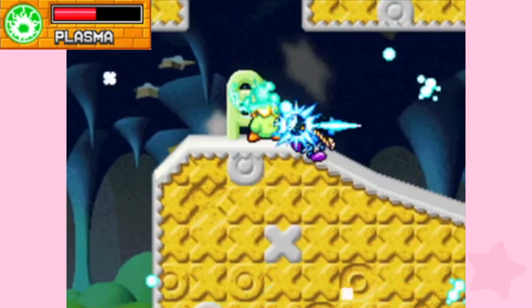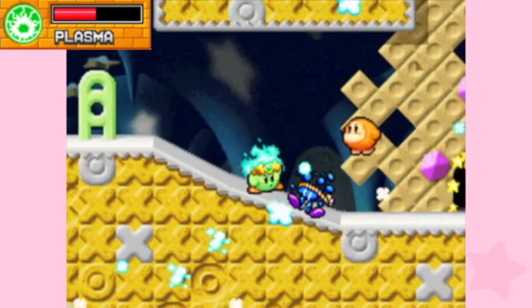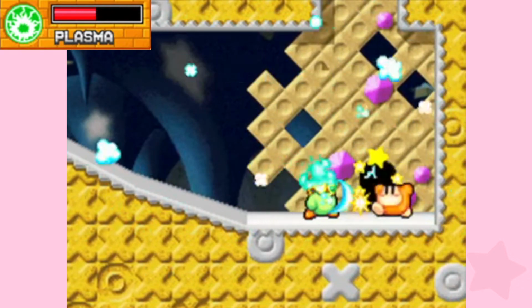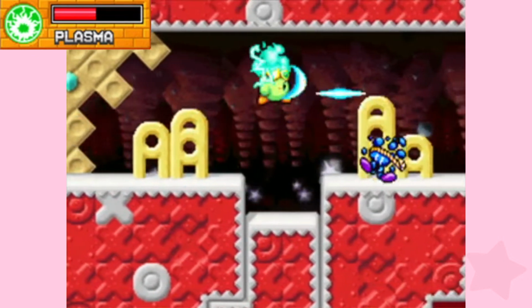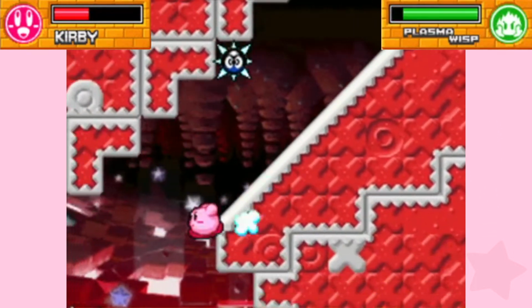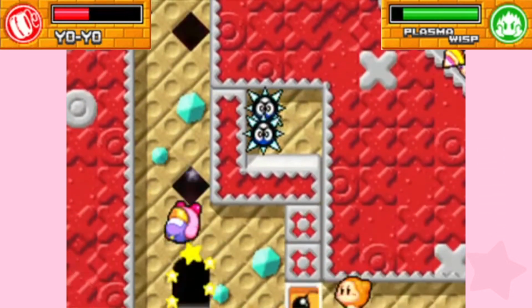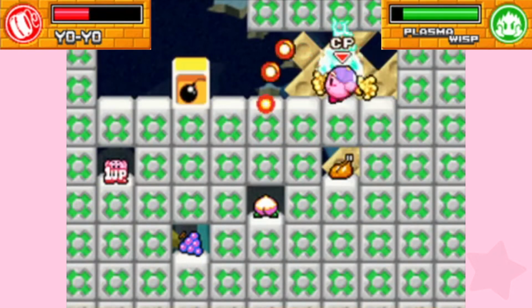This room is very windy. This is the power of blocking. Okay. This room is where we are going to finally get rid of Plasma in a moment. Right now. Because right here we have Yo-Yo Kirby, the coolest ability in the game. If we do this, if we do this and this...